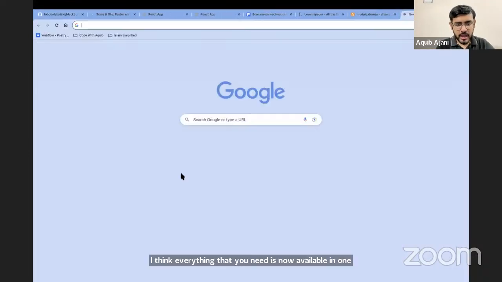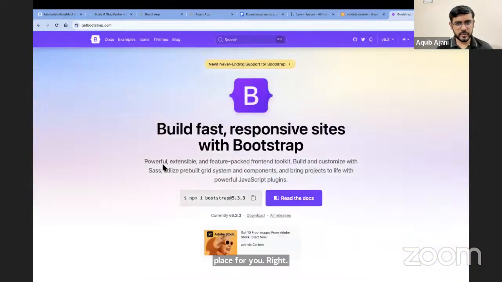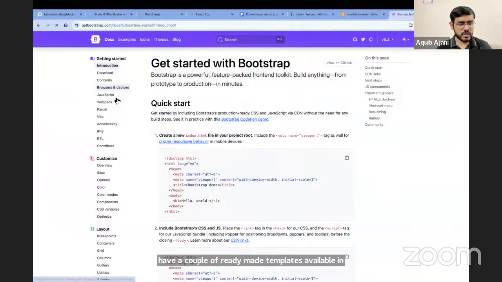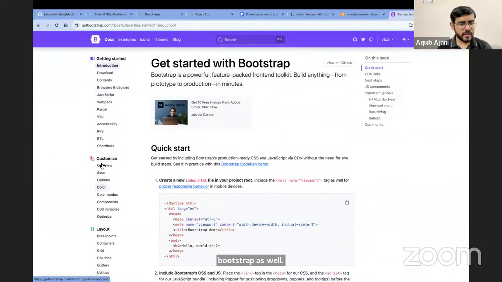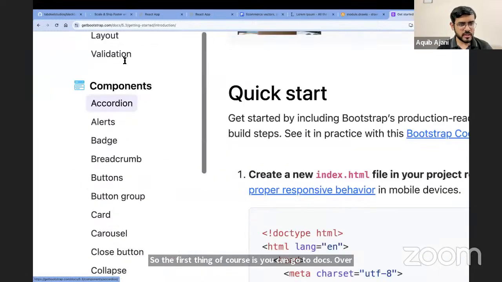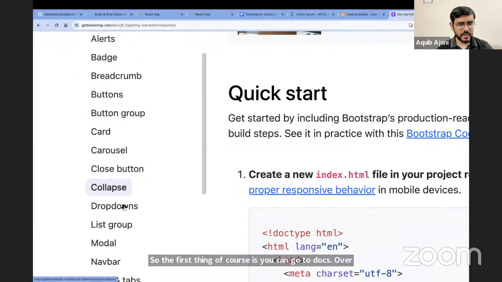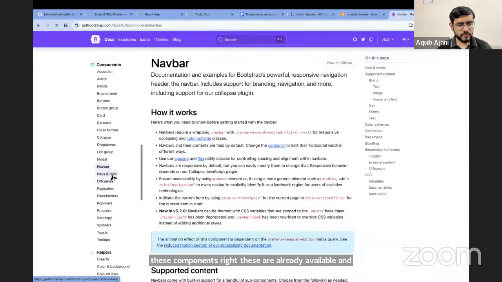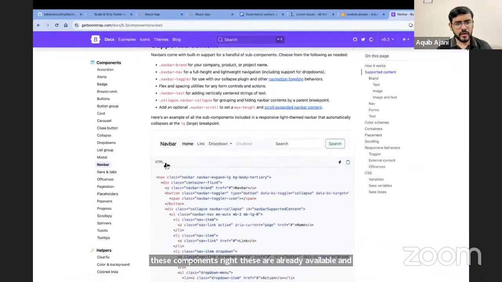Finally, coming to Bootstrap. So this is the final thing that I will show you. You have a couple of ready-made templates available in Bootstrap as well. So the first thing, of course, is you can go to docs. Over there, we have already seen components. So we can find these components, right? These are already available and we have seen how to use them as well. So if we go to navbar, for example, we can get the code for this navbar directly from here